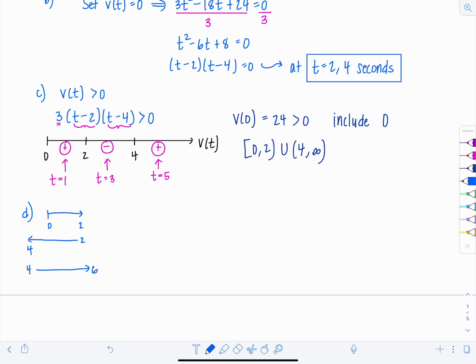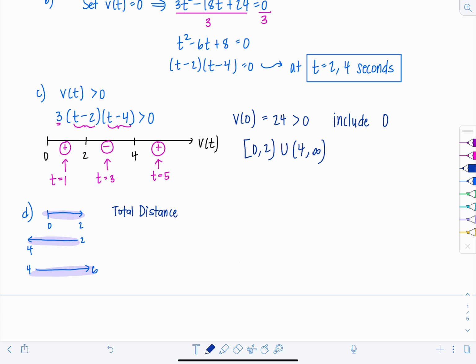Because it's changing directions, we're going to have to figure out what the total distance is for each of the subintervals and then add them together. Because we don't want, when it was moving in the negative direction, for that distance to cancel out with the distance that it covered when it was moving in the positive direction. Okay? If we were in person, I'd be running back and forth in the classroom for you to get an idea. Anyways, the total distance traveled